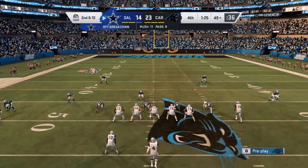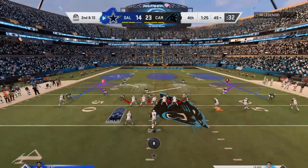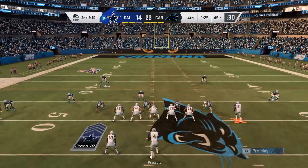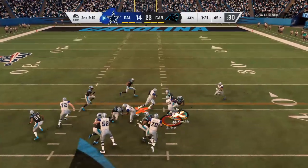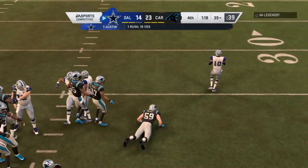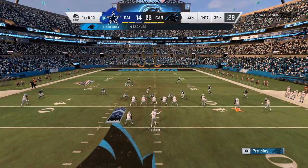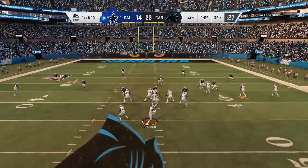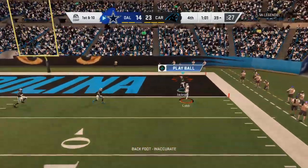So now 2nd and 10 after the incompletion on 1st down. From the shotgun now, here's an inside give. And they'll get him down as he's inside the 40. It's a 1st down on a gain of 10. Well, that play looks familiar because we saw them working on it in practice this week. And for a lineman trying to block on this play, they love when they get...